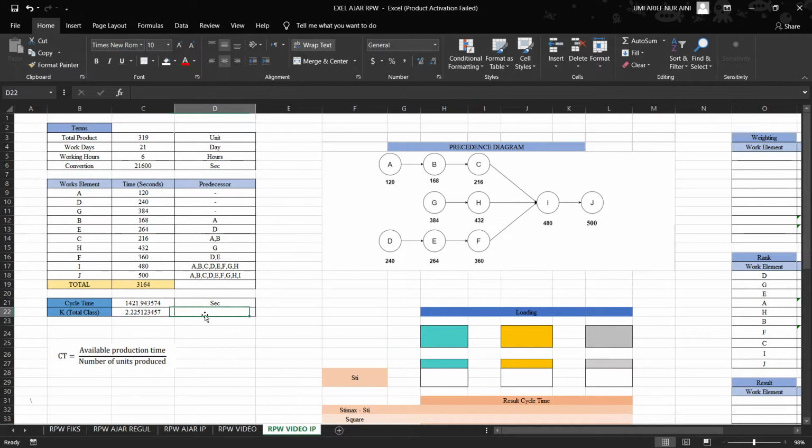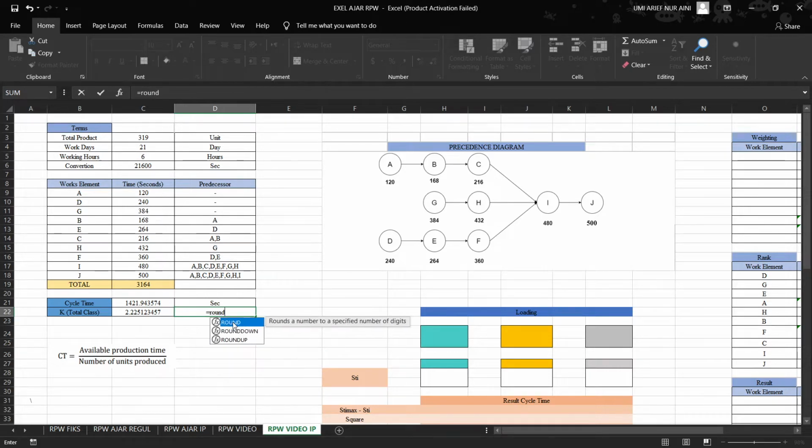And then after we know the result of the total class, you must round up the total class. So you must click in the Excel formulas, ROUNDUP. For this, you can double click, and then select the total class, 2.222. And then you can click the comma in your Excel.